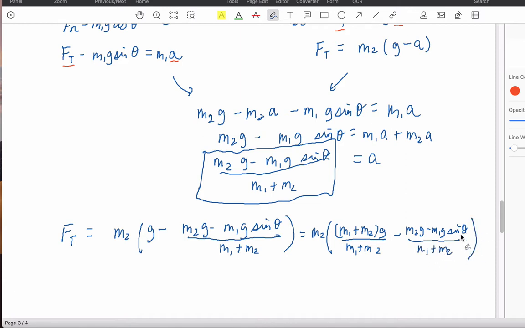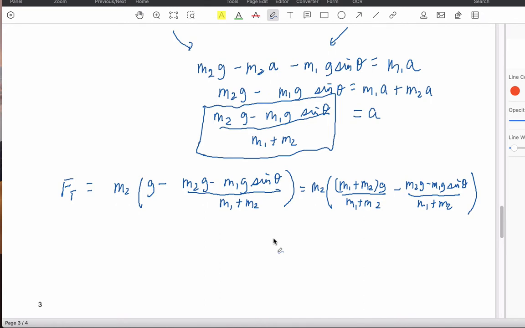And then we're going to simplify this even further. So this is what we're going to end up getting when we combine. I'm going to get that the tension force equals